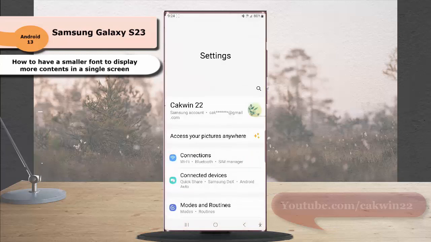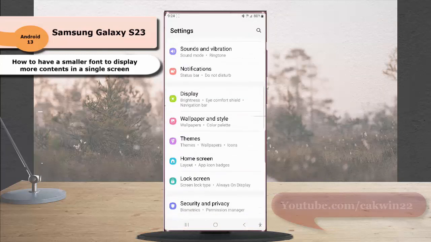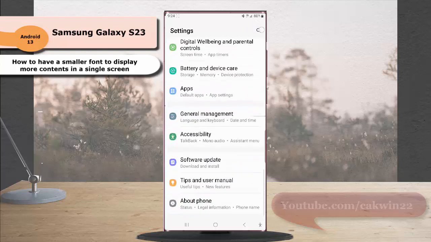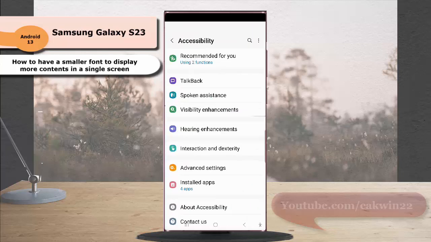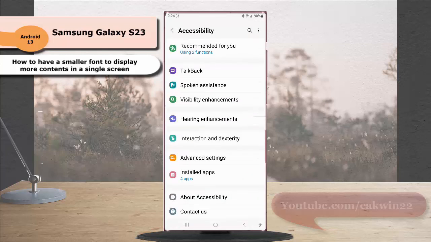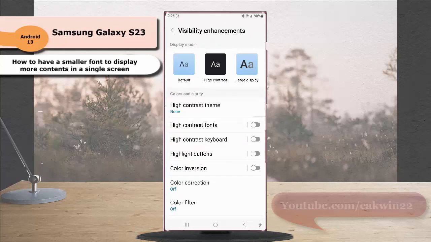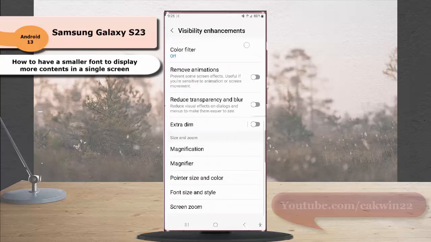Scroll down the screen to find accessibility. Tap accessibility and then tap visibility enhancement. Scroll down the screen. Tap font size and style,